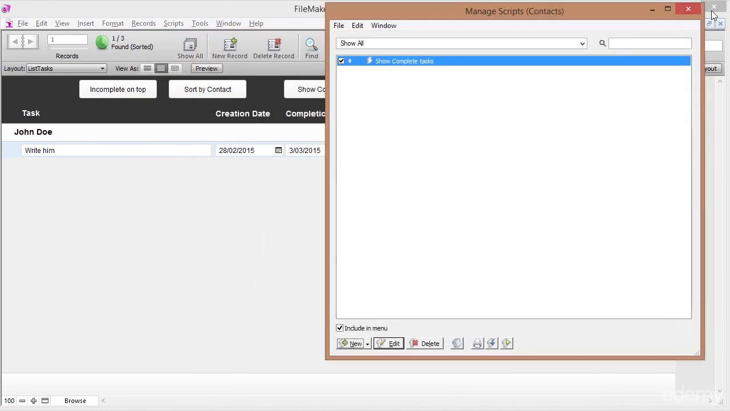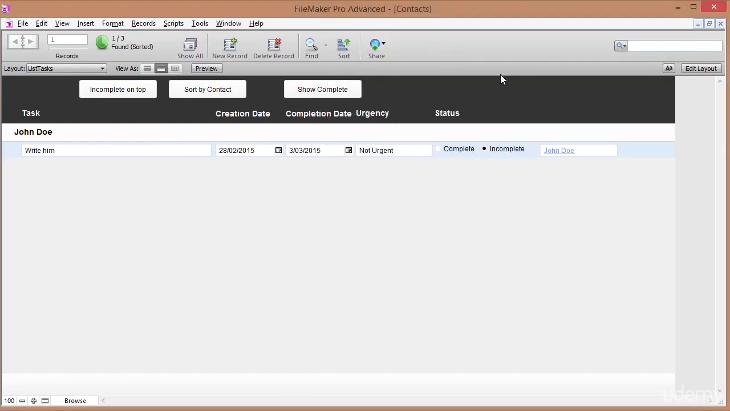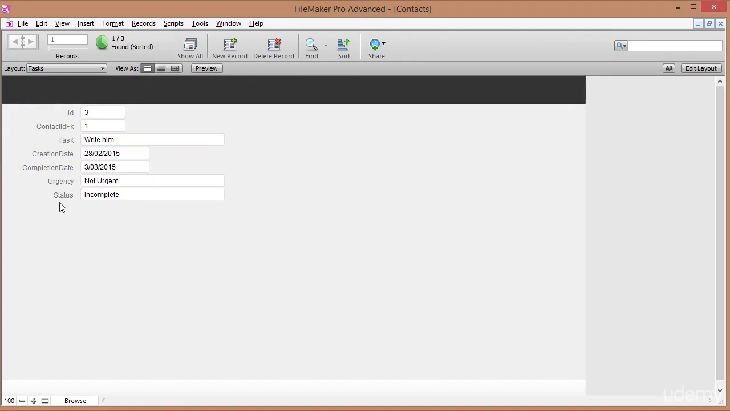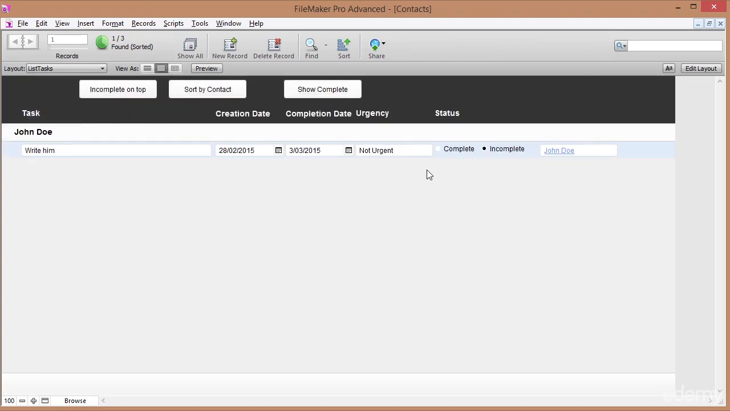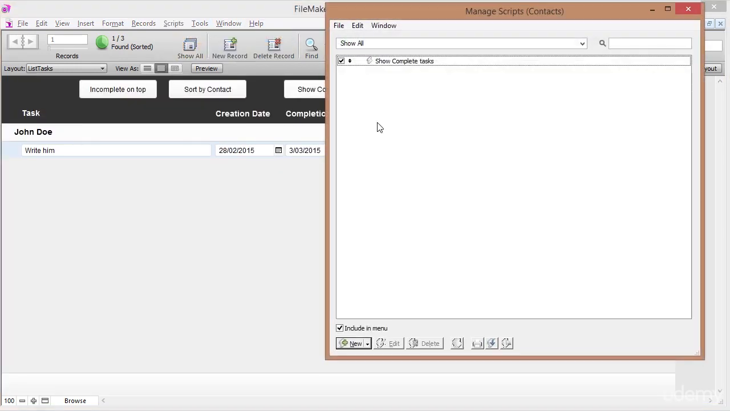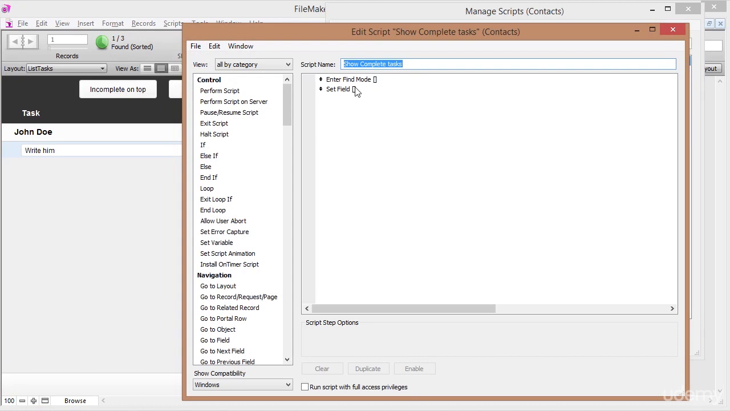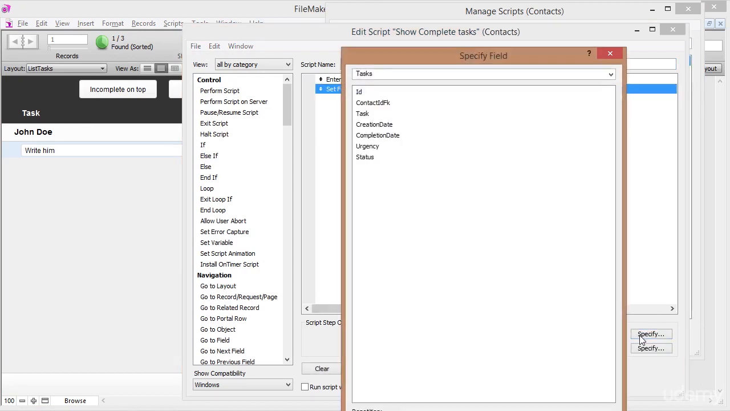Now we have to find out what the value is, because I've got complete and incomplete, and actually those are the values that show up in that field. To be certain, I can go to my tasks here, and I can see that the status is either the word incomplete or the word complete. So that's kind of cool. That's what I'm going to need in my script. So let's go back to my script, manage scripts. Let's go into the script, and I know now which field I need. I can specify the field in my tasks table. It's going to be the